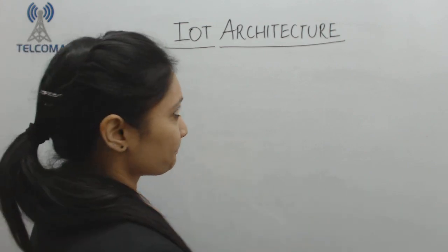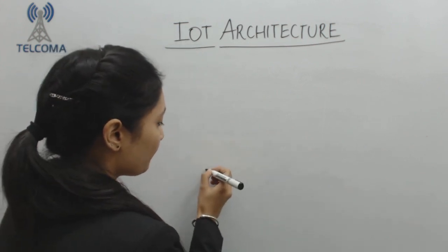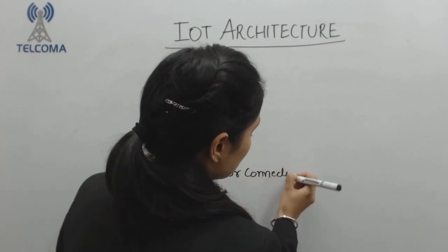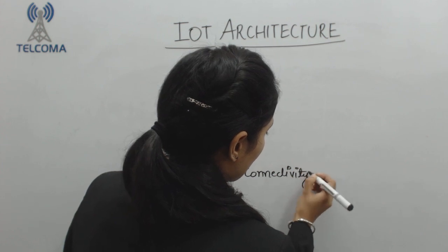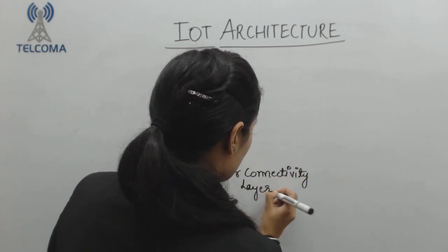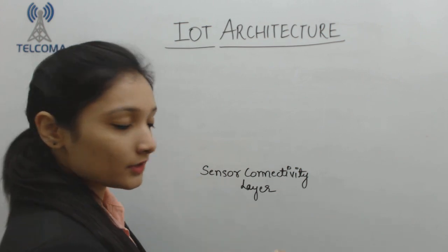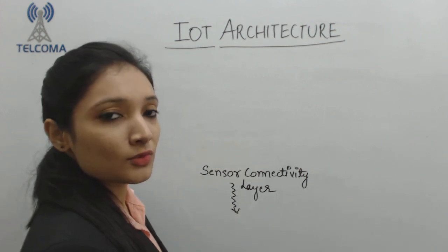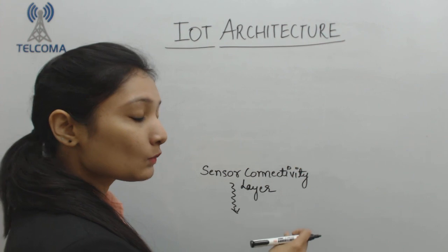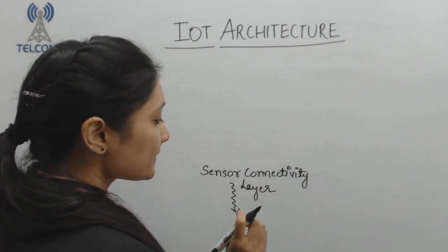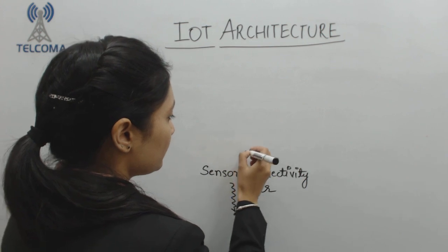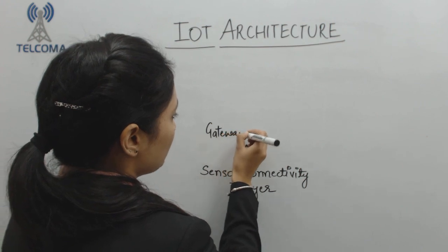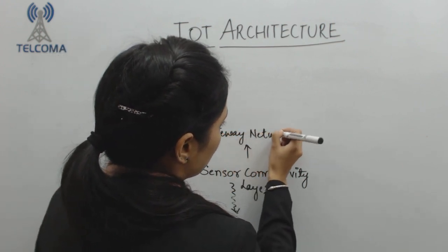So we basically started from the sensor connectivity layer. That means layer number one consists of a number of sensors and actuators, which are collecting the information from the real world, interacting between the physical world and the digital world. Now, after the sensor and connectivity layer, we had the gateway network